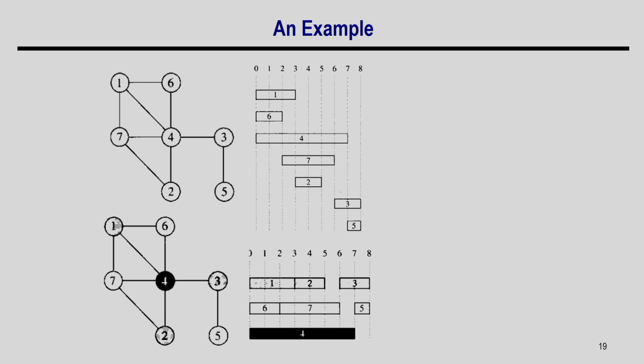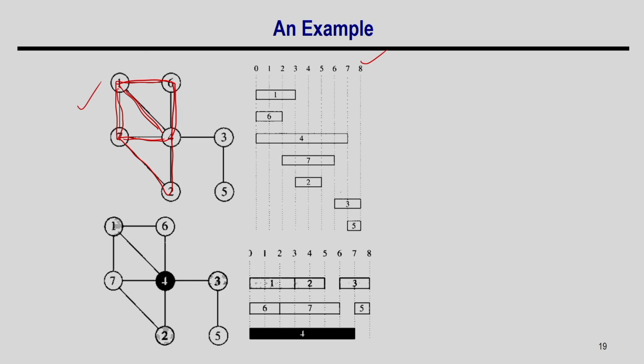One more example is given here, which I will quickly cover. Suppose this is the conflict graph I found somewhere. You can see there is a cycle of 4 nodes with a chord, and a cycle of 5 nodes with a chord. So, this is a chordal graph, because it is a requirement that the graph must be chordal. Suppose this is one of the possible mappings of these nodes to the intervals.